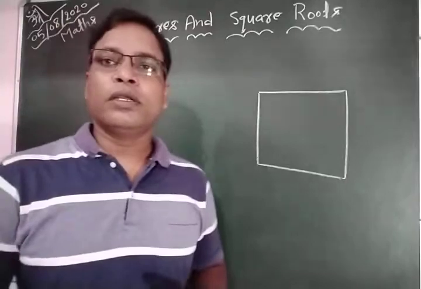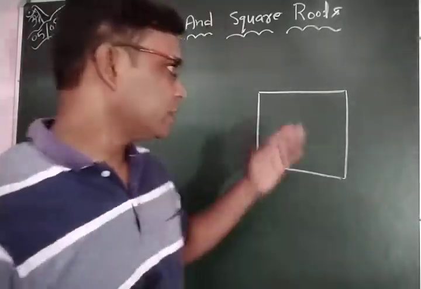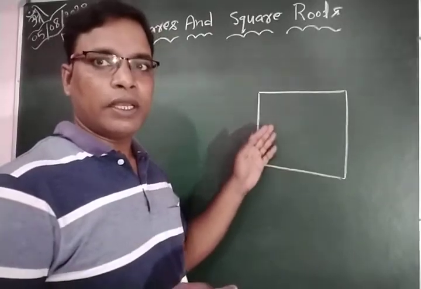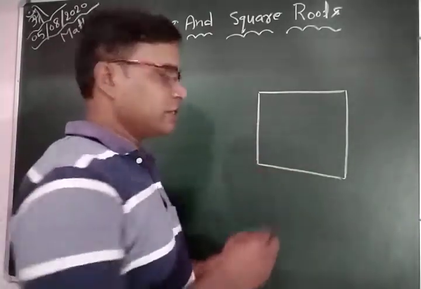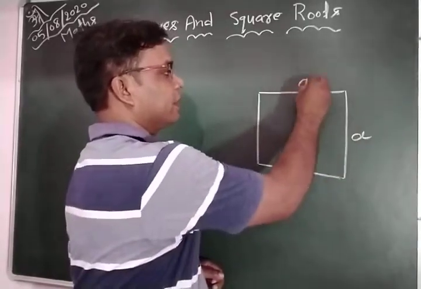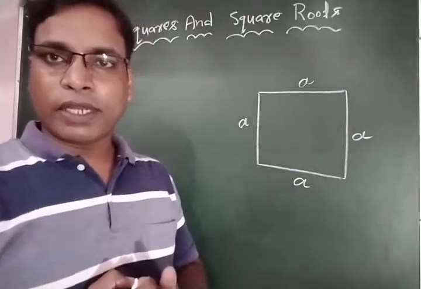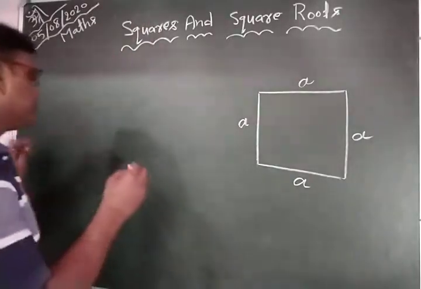Today we are going to discuss squares and square roots. In the previous class you studied the area of a square. Suppose this is a square, and the side of the square is given as a. You know very well that all sides of a square are equal. So the area of a square